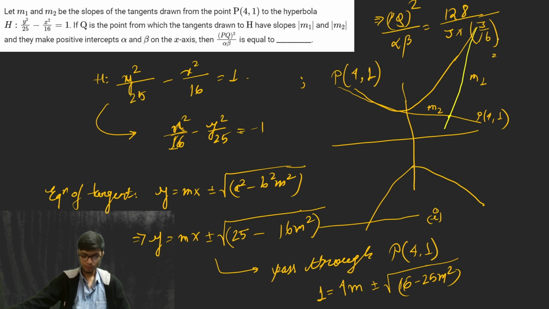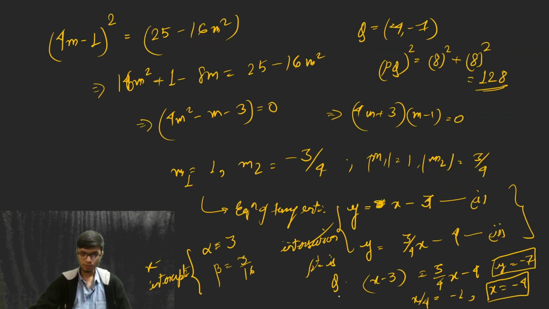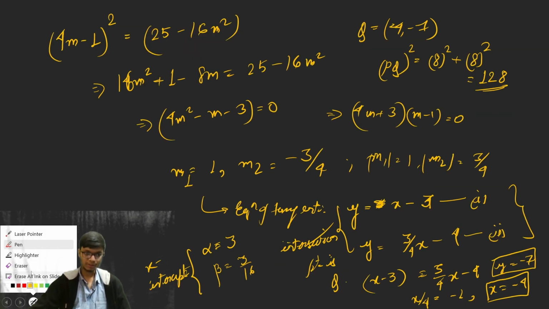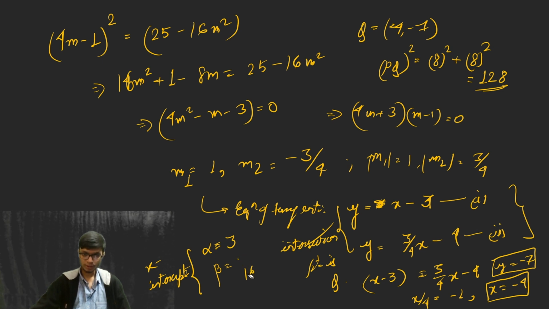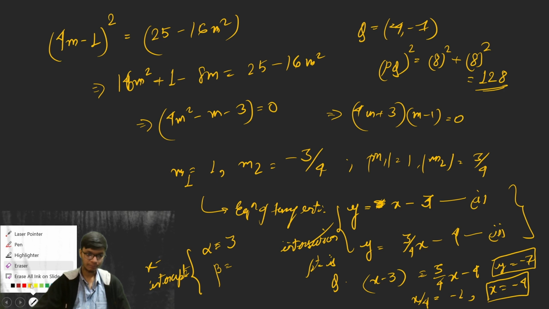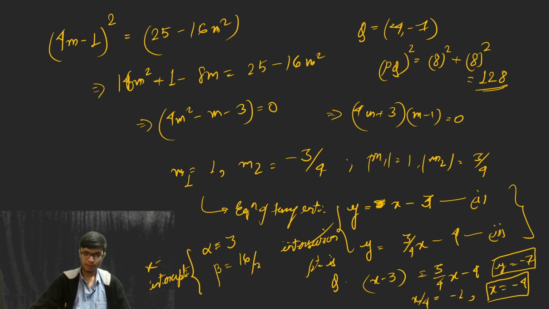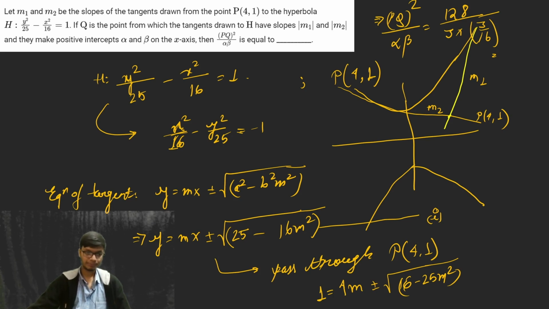So with this, if you solve this, the result will come out as... oh sorry, very sorry, this is not right. Beta is basically 16 by 3. So from here the beta value will be equal to 16 by 3, and with this the result will be,